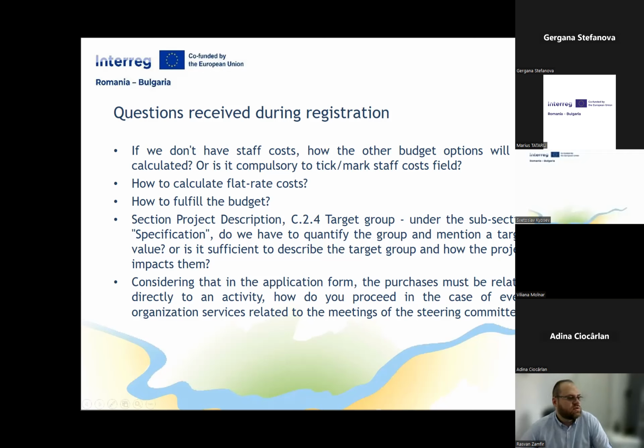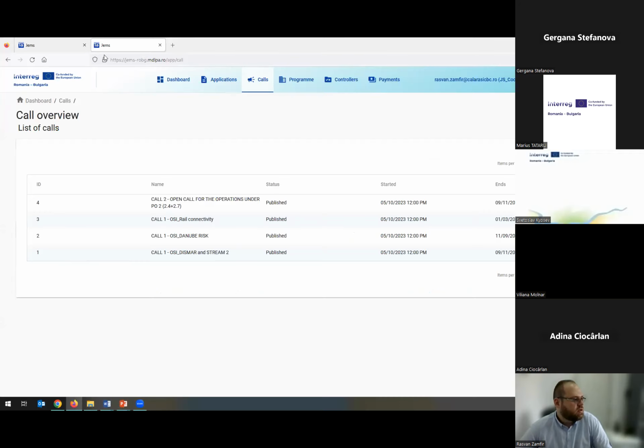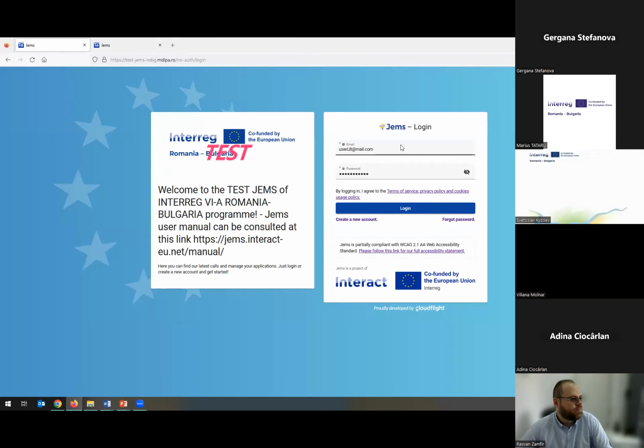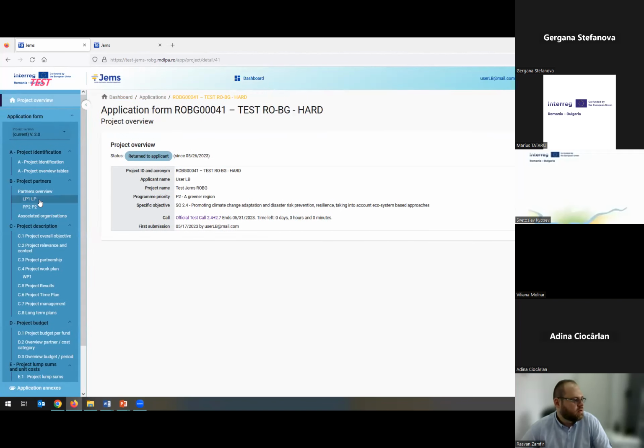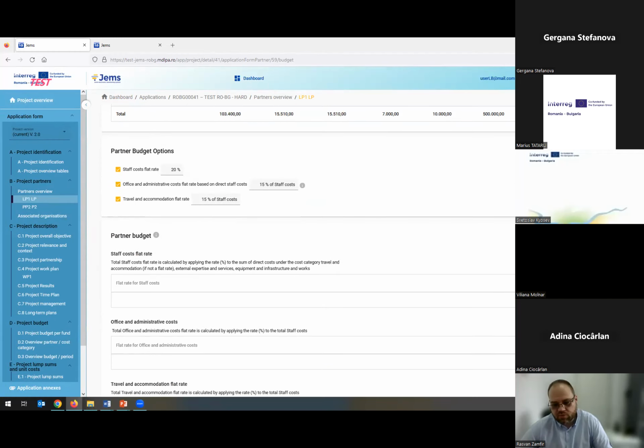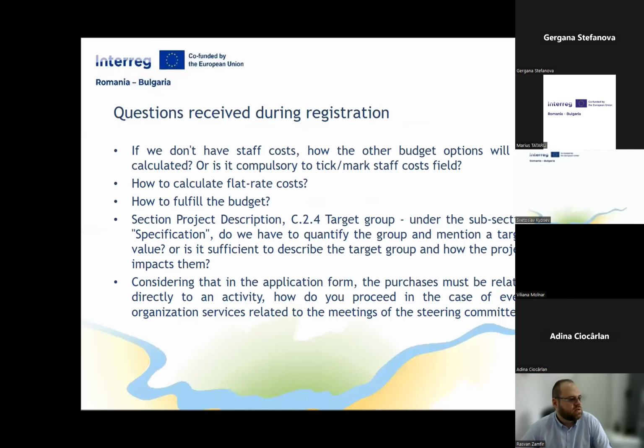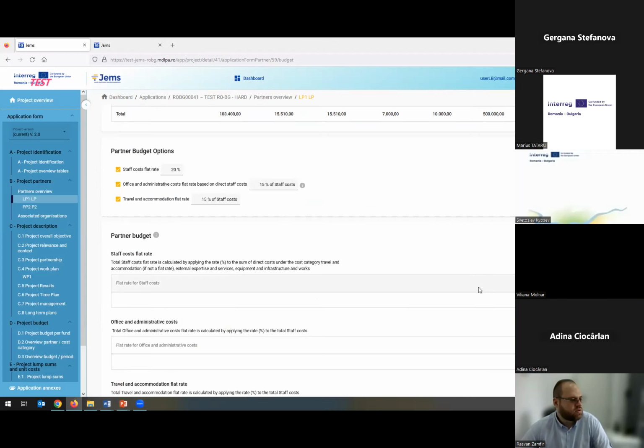If we don't have staff costs, how will the other budget options be calculated? For this, I'm going to enter directly in the JEMS, and I hope everybody can see my screen. Okay. So, for example, I have a budget inserted here, but just to answer the question first: it is not mandatory to select